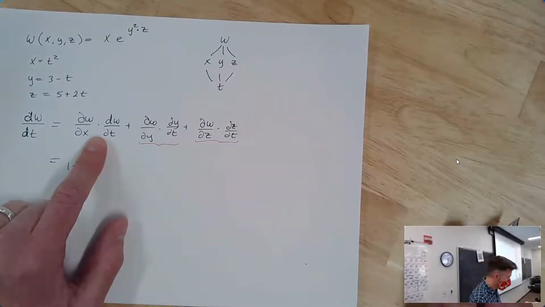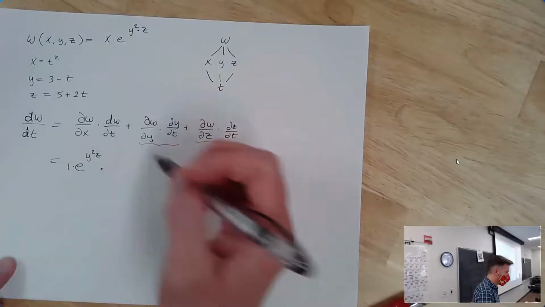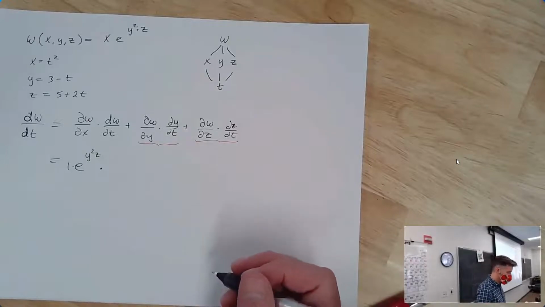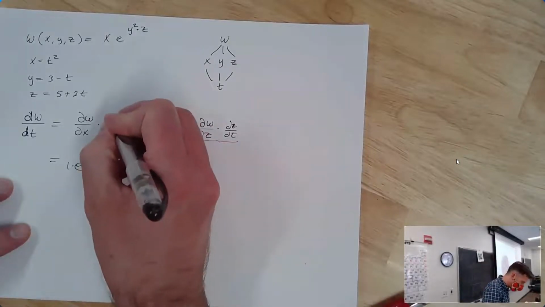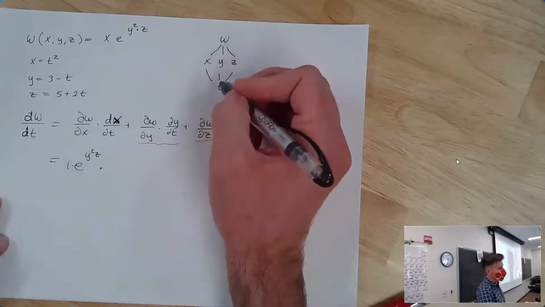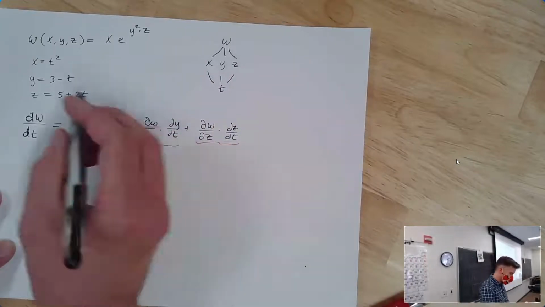That's not right. Nothing's canceling, first of all. What should I actually have here? Not dw dt. I need a dx dt. Right? Because w to x is del w del x, and x to t is dx dt. So dx dt is going to be 2t